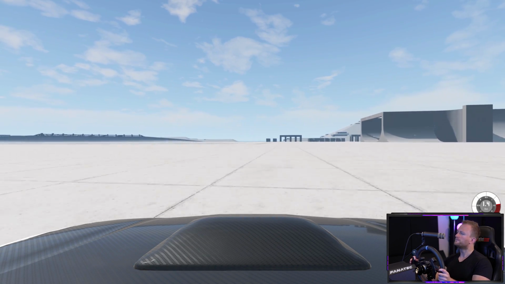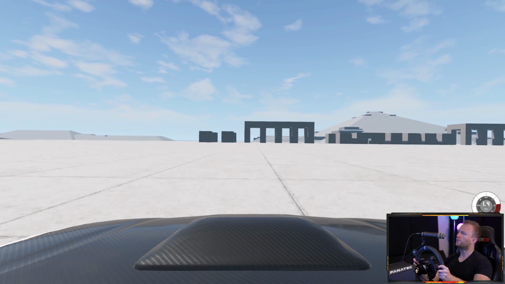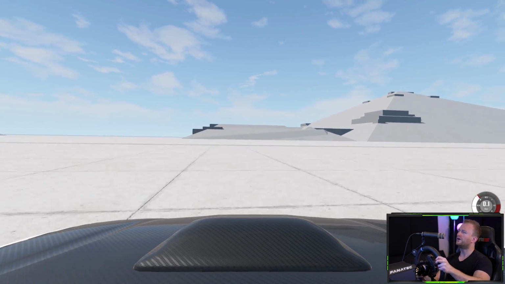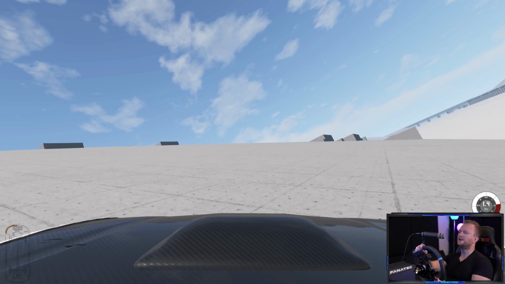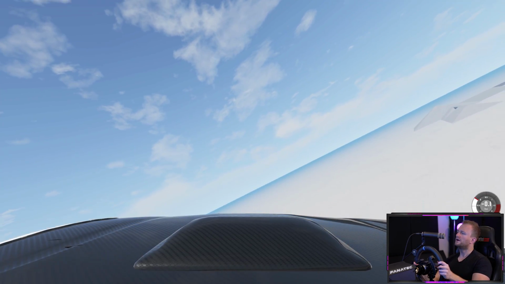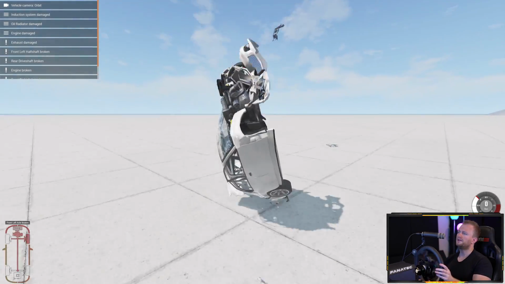Huh. Wow. It's a grid map pyramid. Whoa. What an experience. Wow, there's so much to explore. As my car's definitely intact. Huh. I mean...